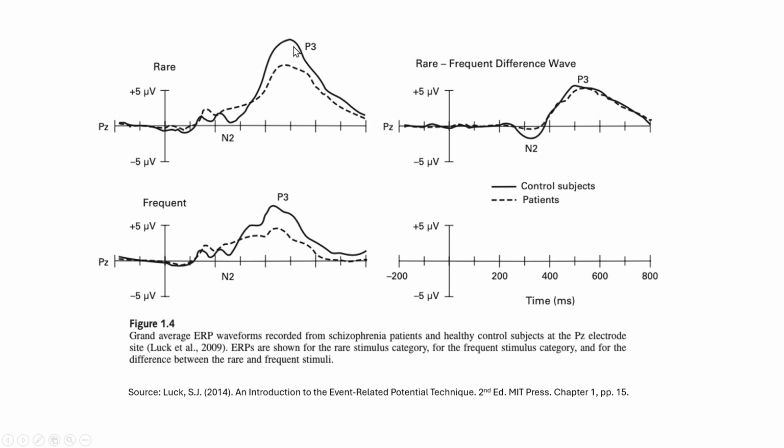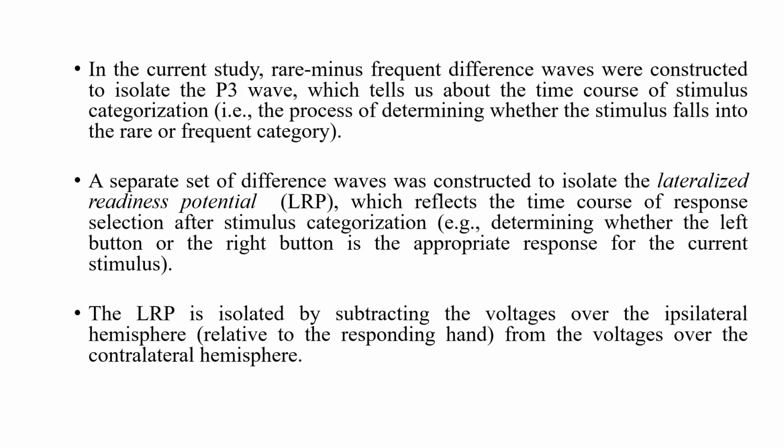So this is the rare P3, this is the frequent P3. You can see the rare minus frequent difference wave, and you can see that the effects are different for control subjects compared to the patients. So in the current study, the rare minus frequent difference waves were constructed to isolate the P3 wave, which is